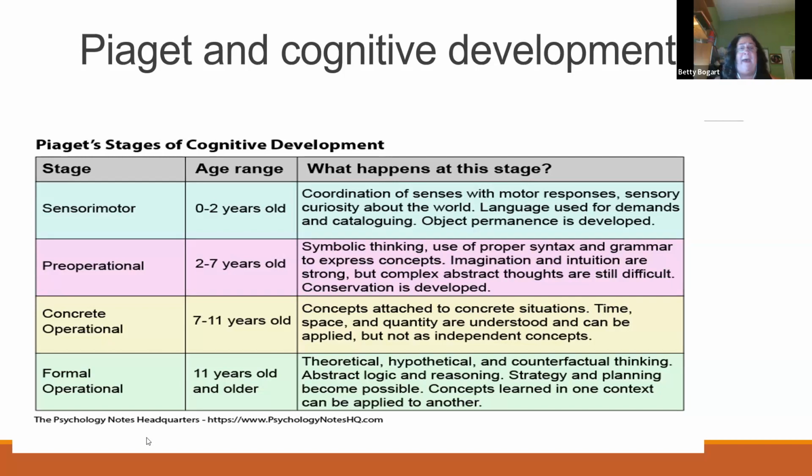Pre-operational is starting that imagination. It's starting to use the arms like they're an airplane. It's starting to use a broom like it's a horsey. It's starting to figure things out, how things work. Now, concrete operational is more, they're understanding things more than other children, but they're not able to manipulate it to their favor yet. They know what they have to do or how things work, and they can explain it, but they're not